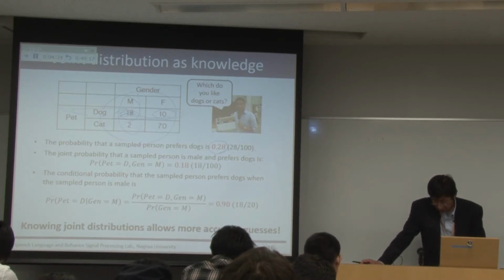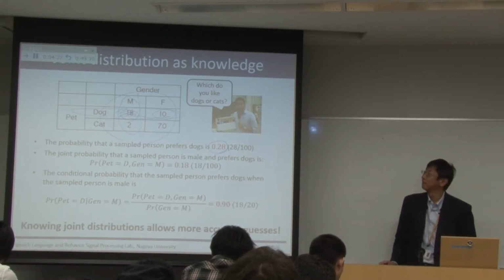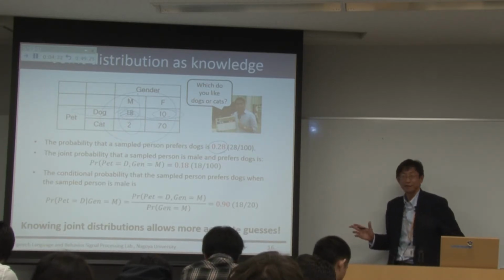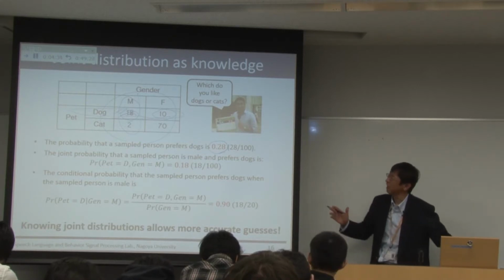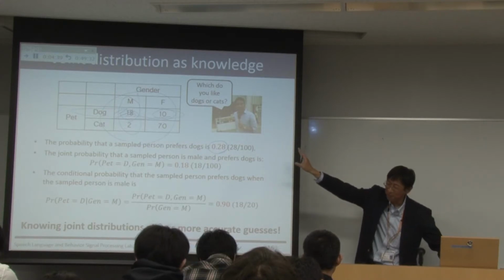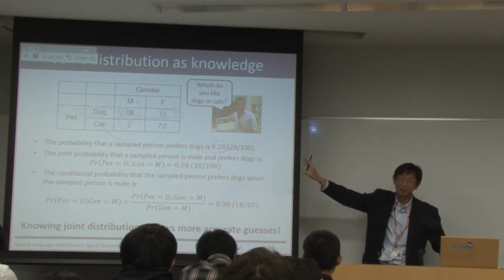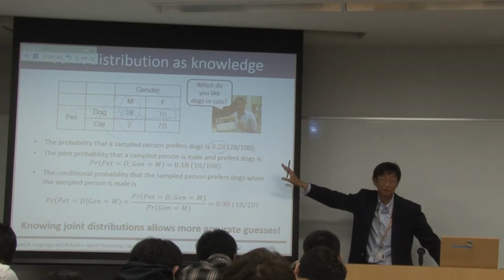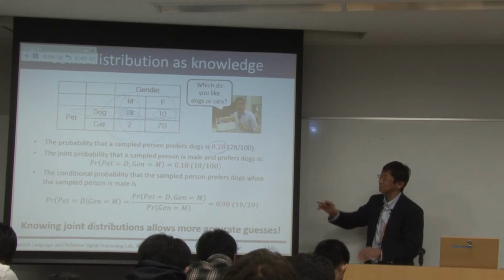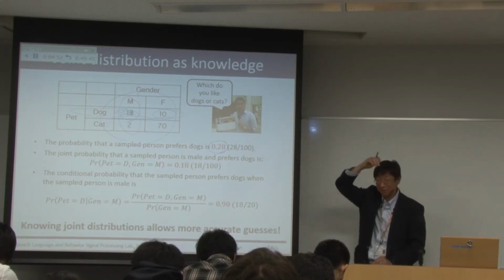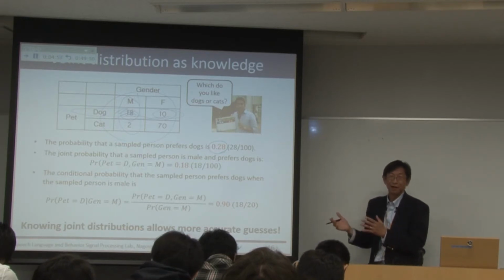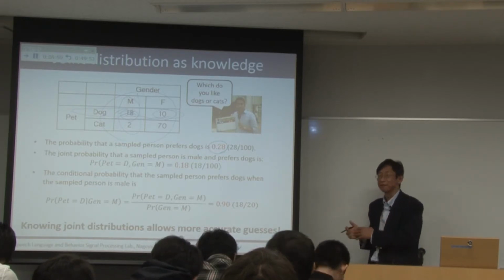So knowing the joint distribution allows a more accurate guess. That is the point. Of course, there are many exceptions. For example, if you ask about the dinner menu last night together with pet preference, what you get will be less informative than in the case of gender, because gender is more related to pet preference than